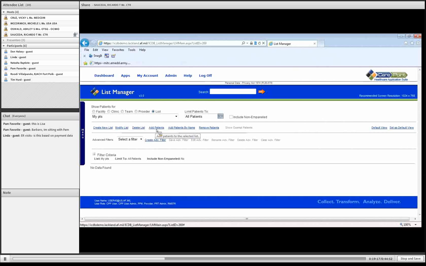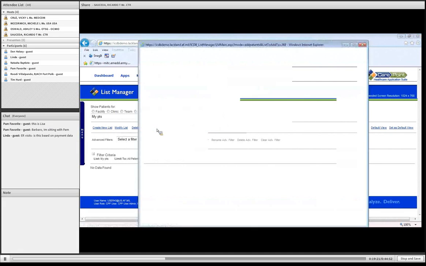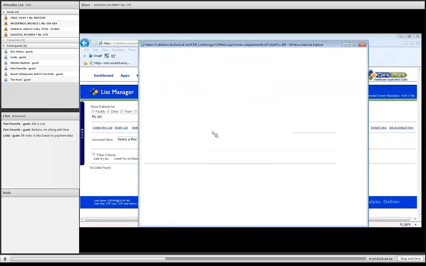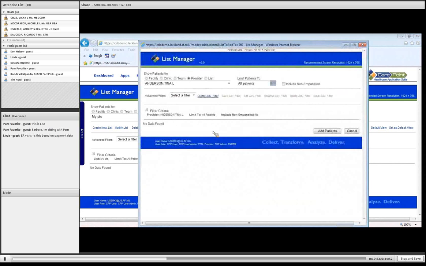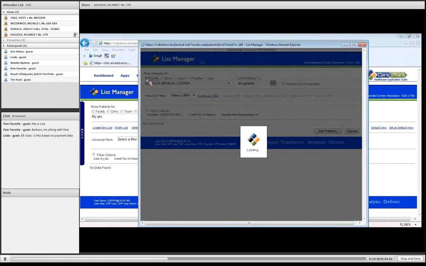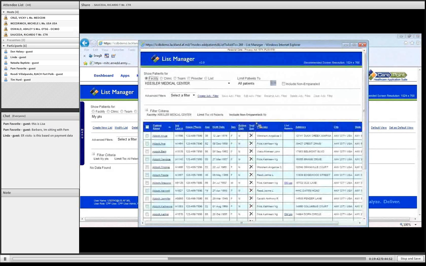But at this time I'm going to go to Add Patients and select. Now it opens up another box in the same module, but now I have the opportunity to select where I'm going to select my patients from. I'm going to go facility. I want a big, wide